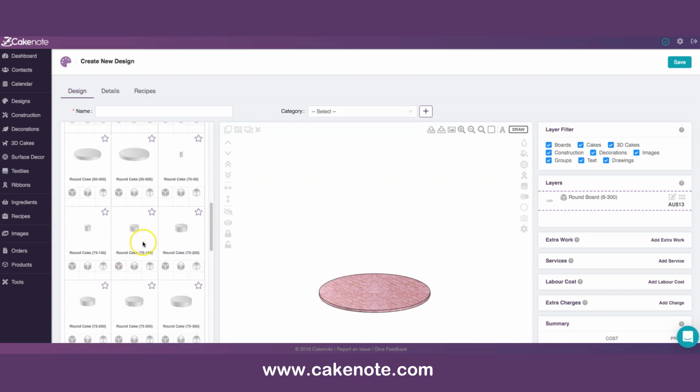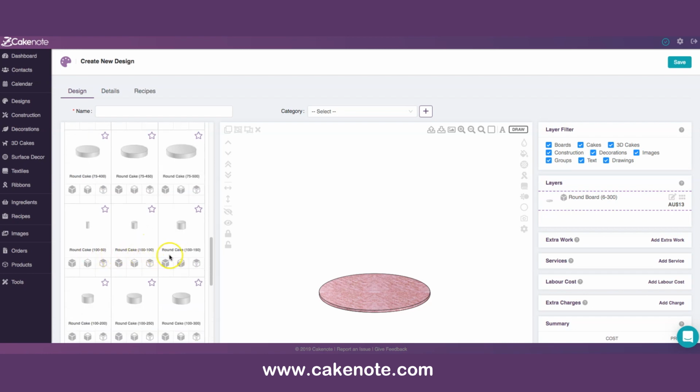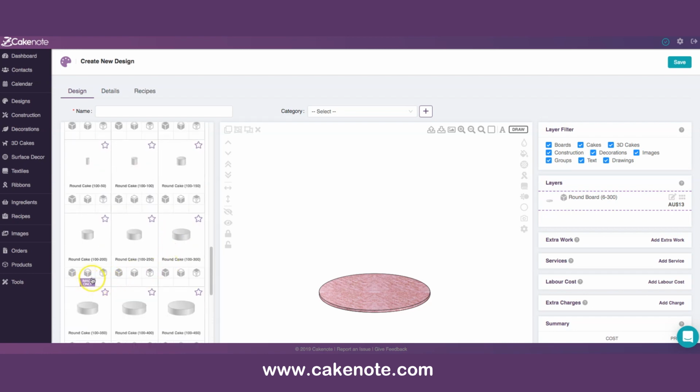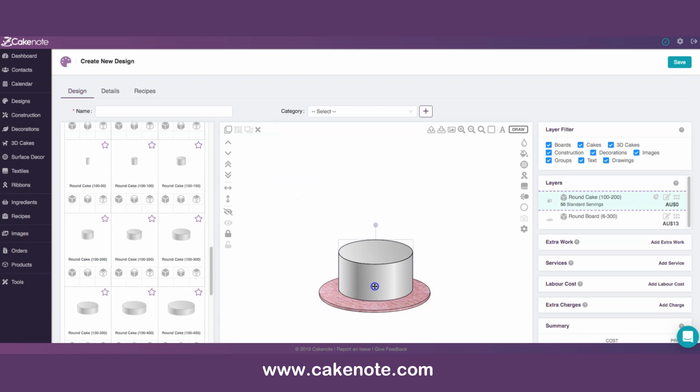Scroll the page down, read the names as you see over here. 100 and what I said, 200. 100 and 200. That's it. Isometric again. That's my cake. Okay, I put it over here. So far so good. That cake is already on the board. But again, you see over here, price nothing. So we have to fill the cake with some sort of recipe or like a cake mixture or something like this. So again, highlight,